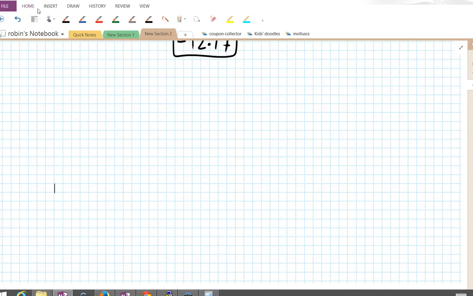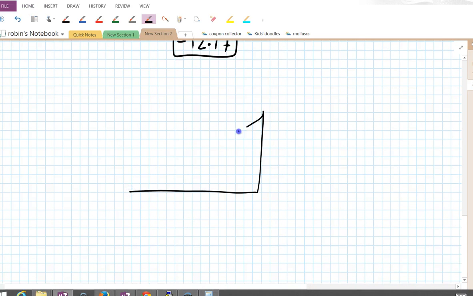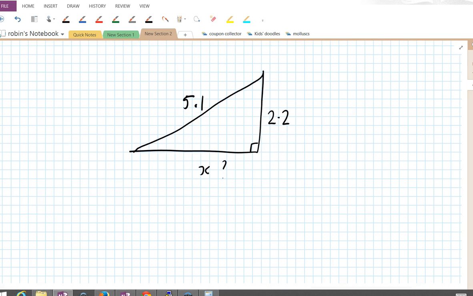Okay, so we've been talking about Pythagoras, and I'm just going to show you another way that it can be used. Let's just imagine that we know that that distance is 5.1 centimeters, and we know that this distance here is, let's say, 2.2 centimeters. What's that? That's the right angle there. Well, because it's a right-angled triangle,